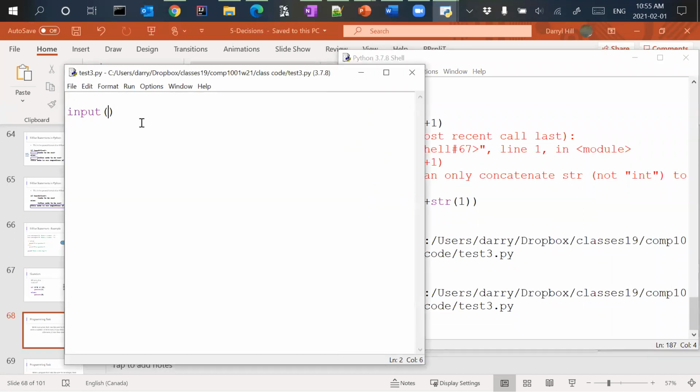But input also acts as print, right? So I could say, what is your age, please? And I'm going to leave a space there just for formatting purposes. So this is actually very similar to if I just said print, what is your age, please? and then ask for input,